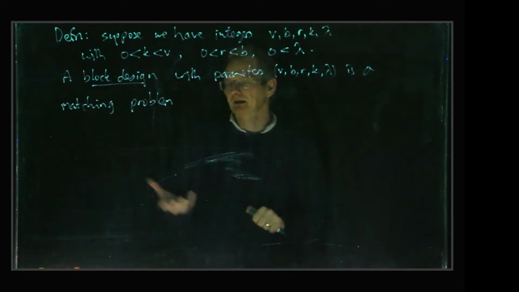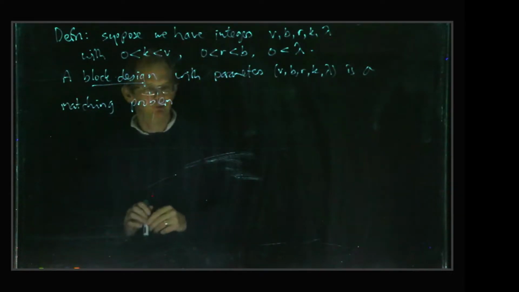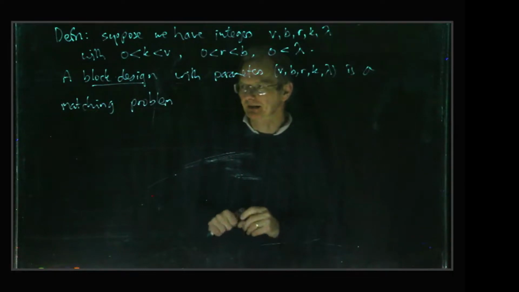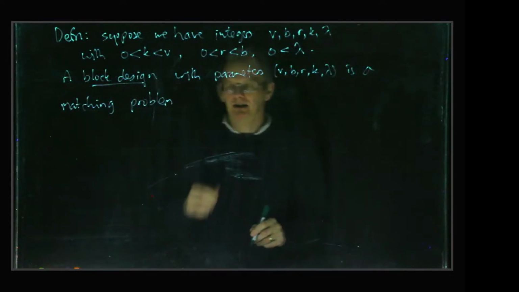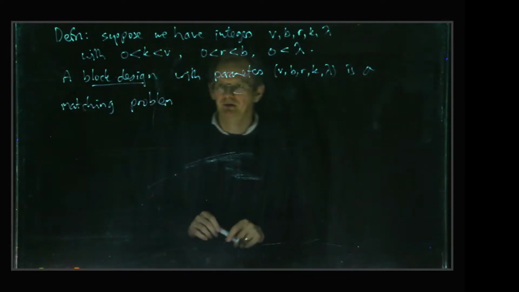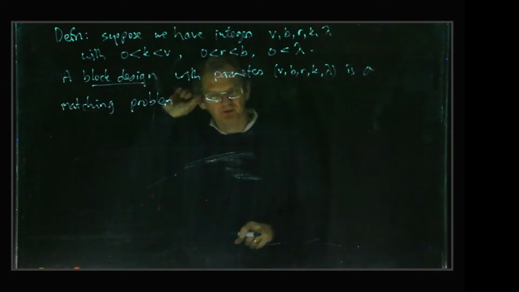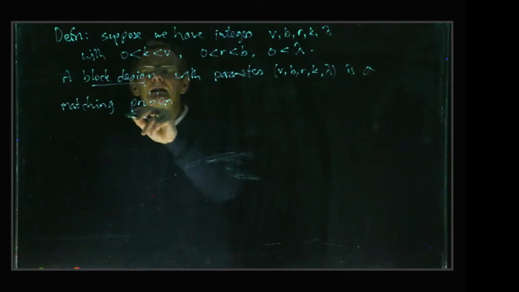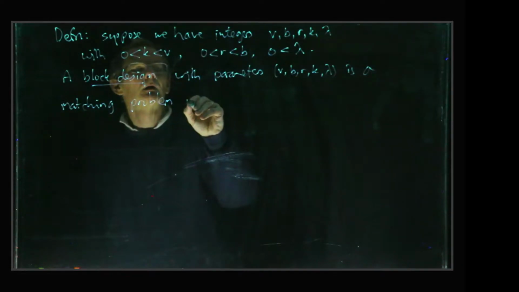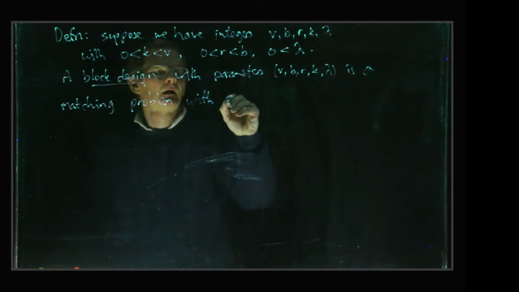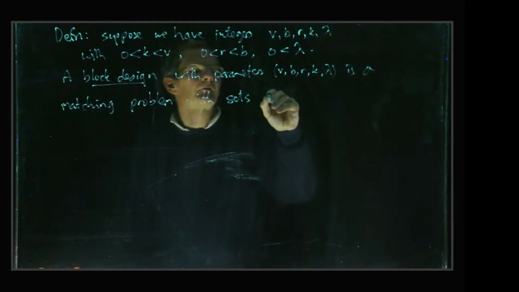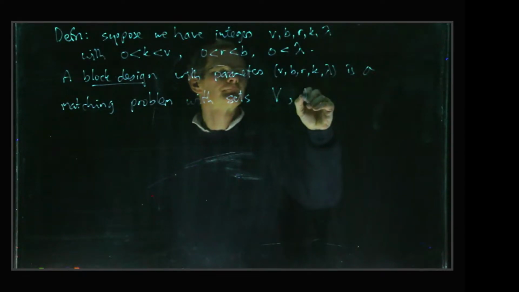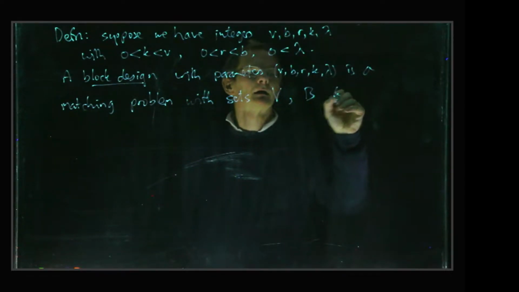Previously the sets have been called A and B, but now they're going to be called V and B, just because that's a traditional notation. V for varieties and B for blocks. So we've got sets V and B, and